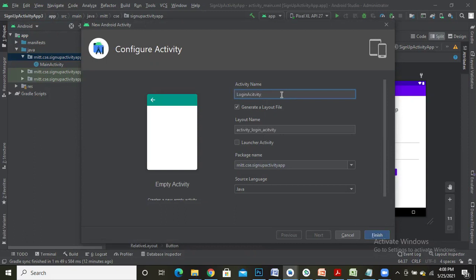And you can see the respective layout file, which means XML file, gets created for this activity with the name activity underscore login, with the same default package, and the language selected is Java. Let me click on finish.